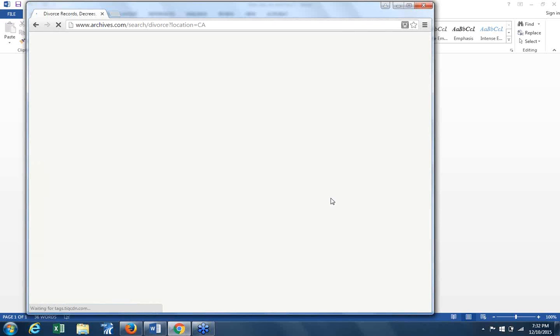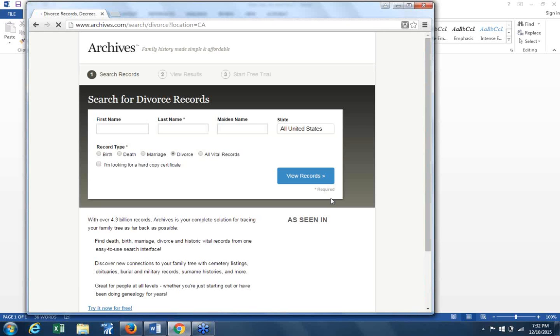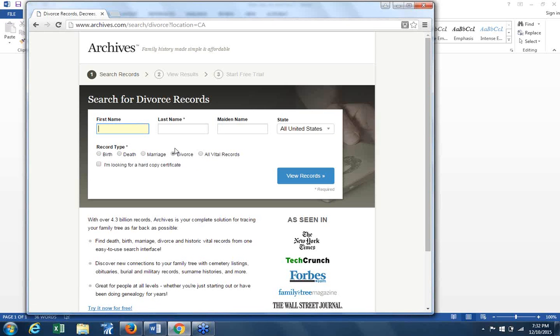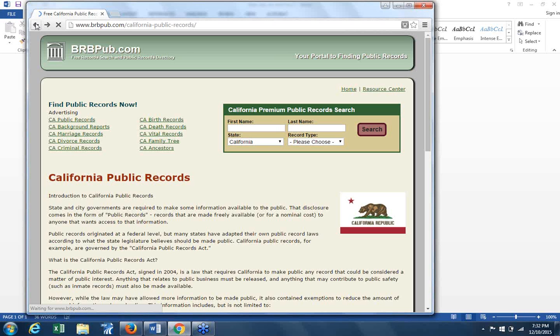A lot of these depend on the states. Most states you can't get into the driving records anymore. Yeah, this looks like it's from something else. Maybe not. Okay, but it looks like you need a name, so you'd have to put a name in. So if one of you all is divorced out there and you want to try yourself, go ahead. But yeah, you've got to kind of look around.